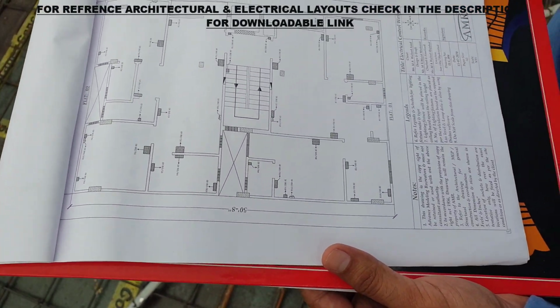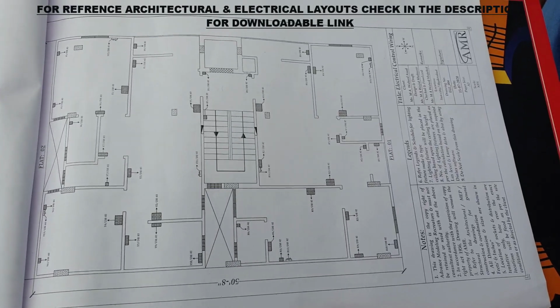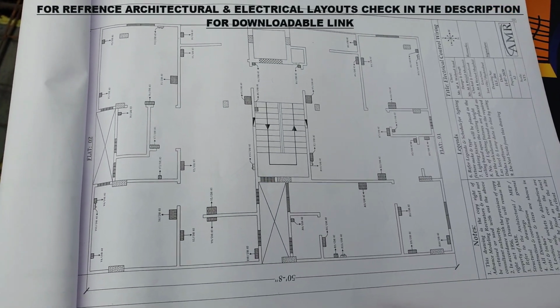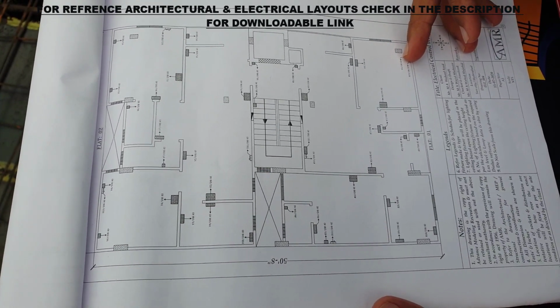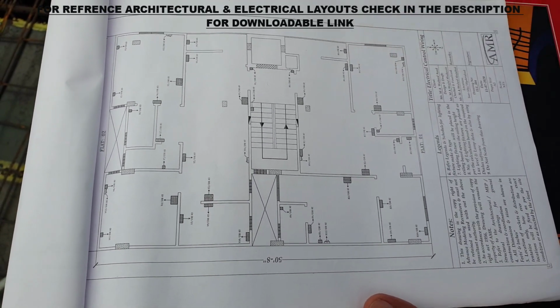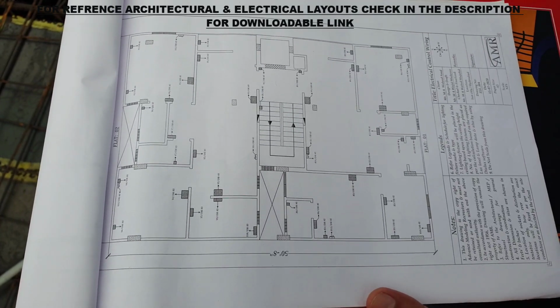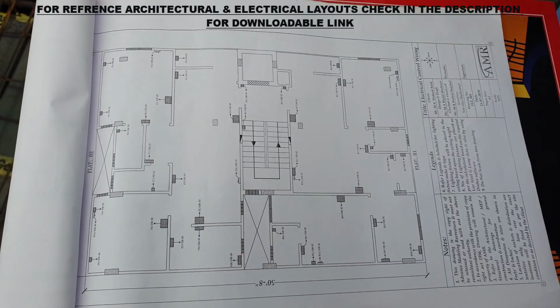Next, coming to the control wiring layout. Based upon the load balancing sheet, I have taken the supply of single phase for my one individual flat. Again, for the next flat you can see I have taken the second single phase over here. The same continues for the second floor, third floor, fourth floor, and again for the fifth floor also.